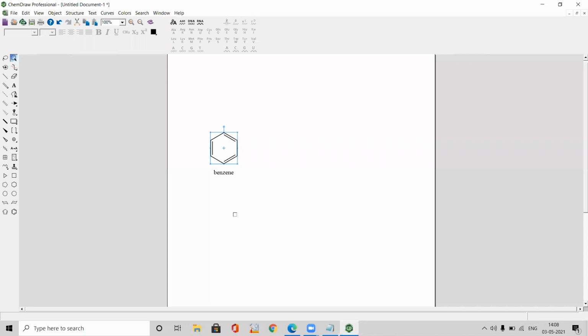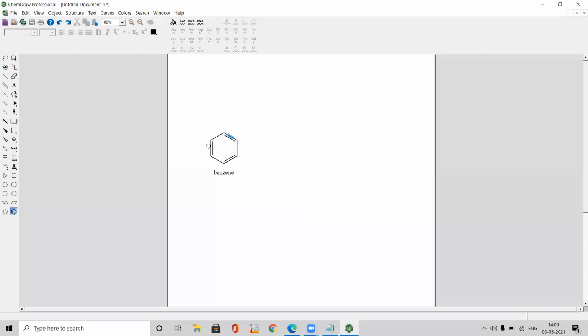So till now you are clear, right? If you want to draw an aromatic nucleus, say for example benzene, on the left hand side toolbar you will select benzene, click on that benzene ring so it will be highlighted. Then click on the white screen and you will get your benzene ring.